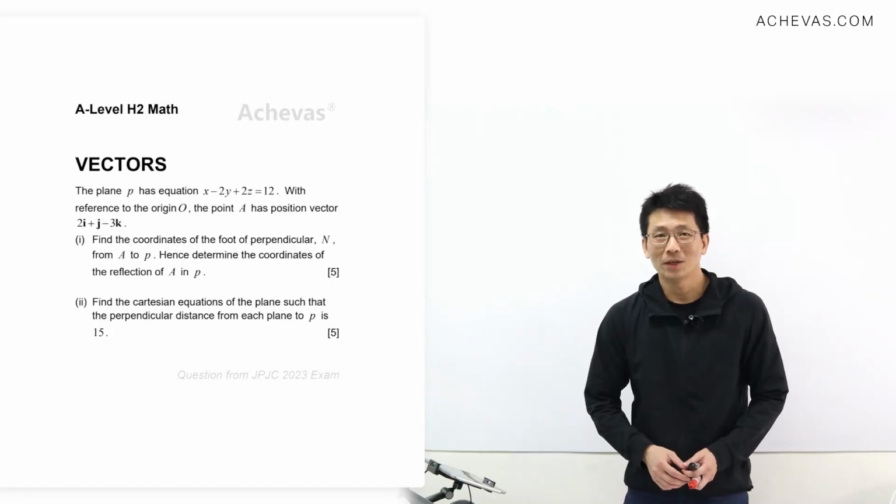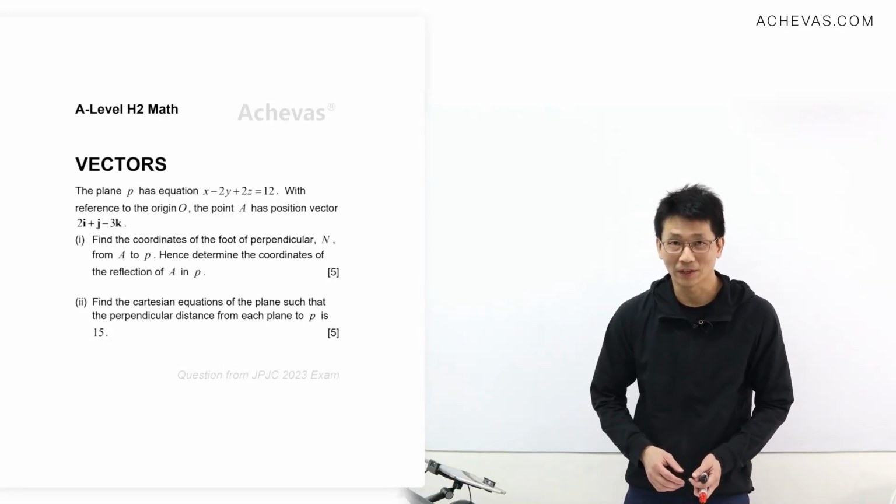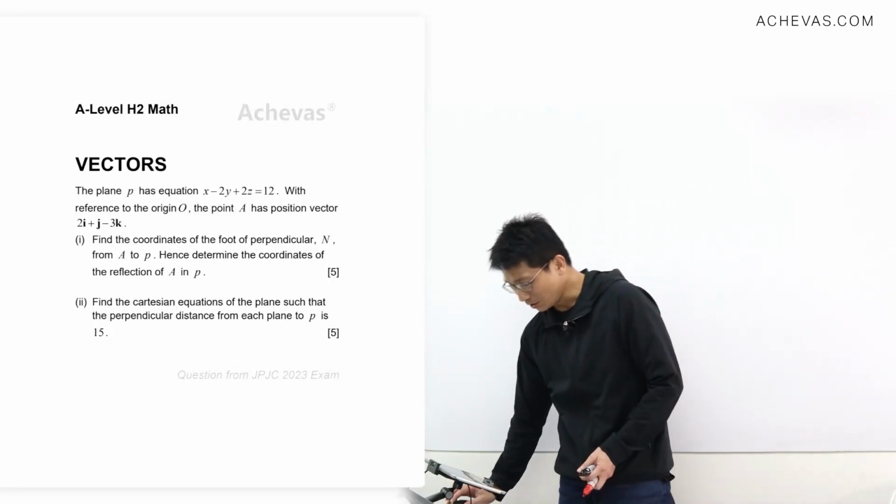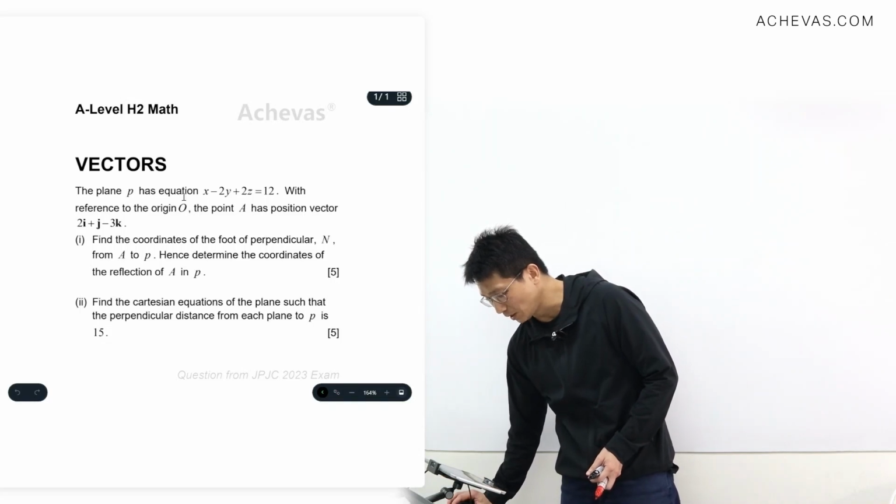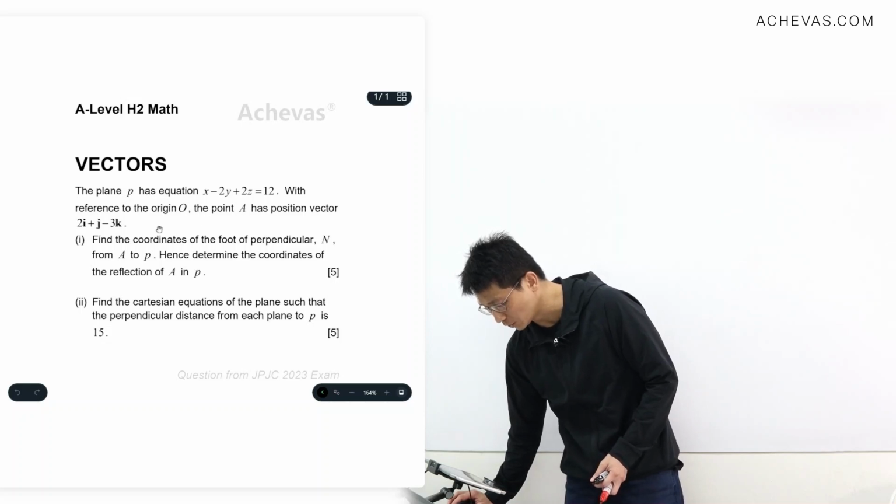Hi everyone, today we'll be taking a look at a question on vectors. In this question, you are given an equation of a plane x minus 2y plus 2z equal to 12, and the position vector of A is given by (2, 1, -3). Part 1 of the question says you are supposed to find the coordinates of the foot of the perpendicular from point